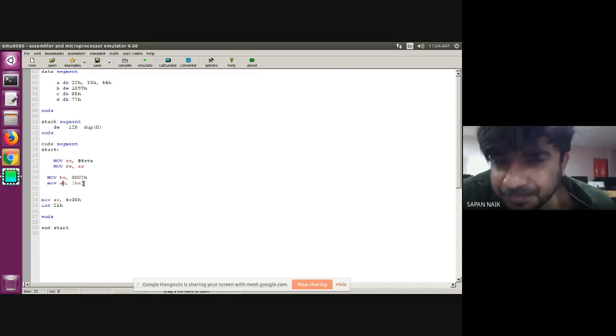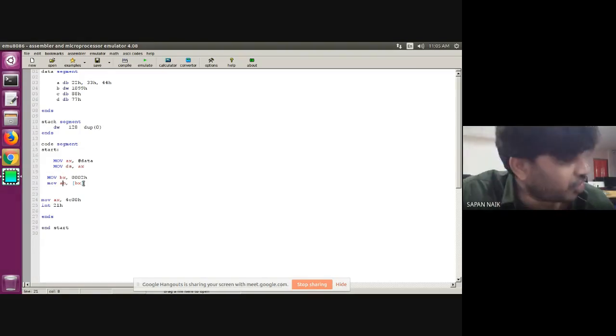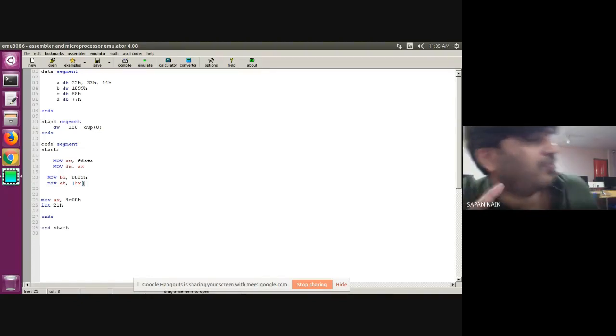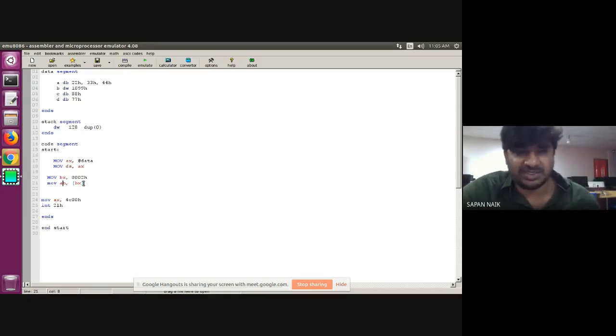Square bracket. Hello? Can you respond? You can type also. What is the use of square bracket? Square bracket will work as a pointer. Whatever value you are having, it will go to that address and put the value of that address, not the address. And the LEA instruction is storing the address. Done? LEA instruction and MOV instruction. Clear? All of you, you can type also. I hope it is clear.